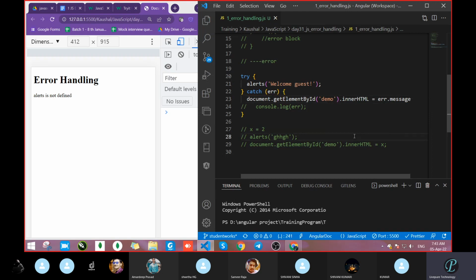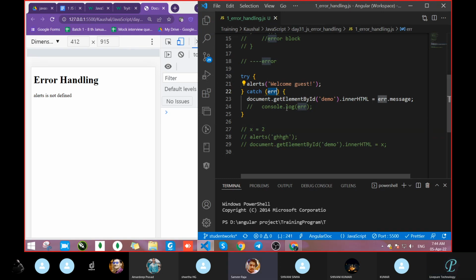This way we can pass that alert is not defined, or any error, whatever error you are getting, and whatever message you want to show to the user, you can do that. Got it? This way we are going to handle the error with the help of a try and catch block.